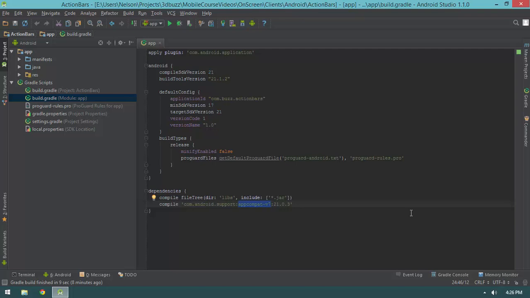And they hijacked AppCompat. So what I'm saying is that we can't use the built-in Android action bar if we want to design our applications so that they look visually similar in Android 4 and Android 5. That was a really long-winded explanation. I could have probably just summed it up with that one statement, but I really wanted you guys to understand the history behind that, and particularly why I really don't like the support libraries, or at least how Google is handling them. Because what we're going to be doing is using the support library version